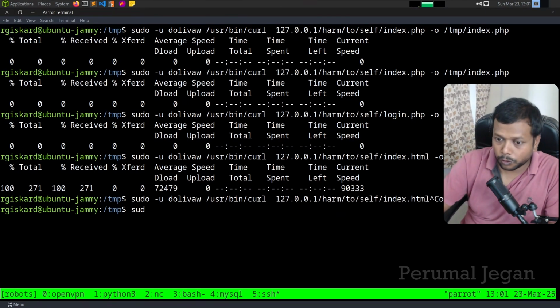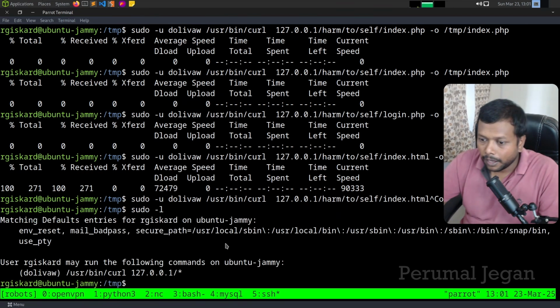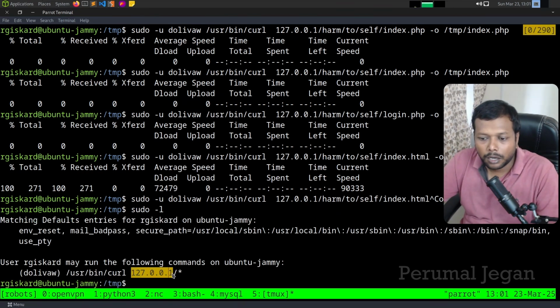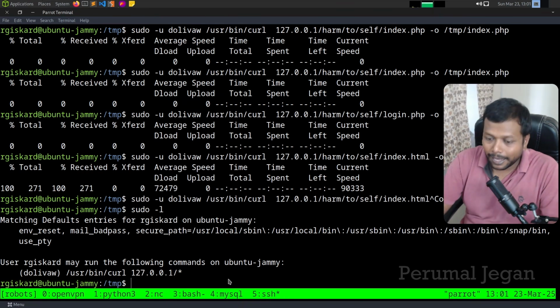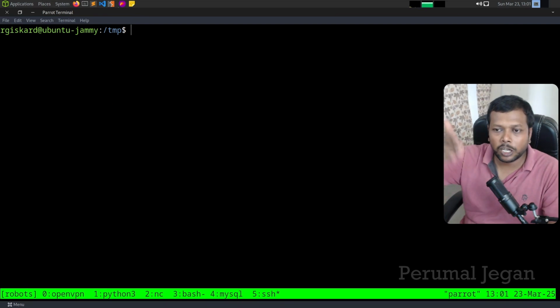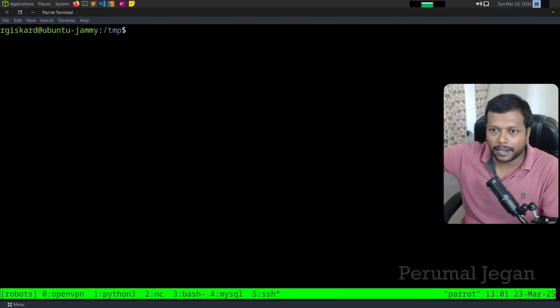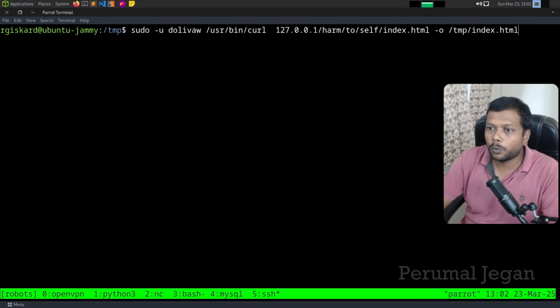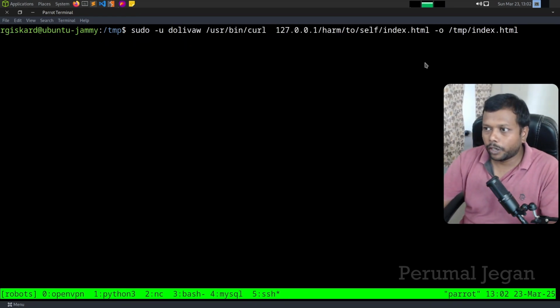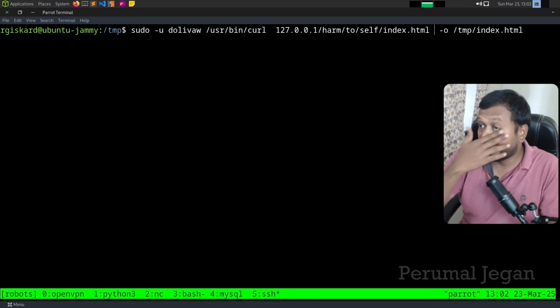let me show this sudo -l. Here it says it can only execute the curl with the URL that starts with 127.0.0.1. But the beauty of curl is we can fetch multiple URLs at the same time, and we can write multiple files. So that's what I'm going to do right now. The first file is this one, so it will be reaching the index.html, and the second file would be like this,